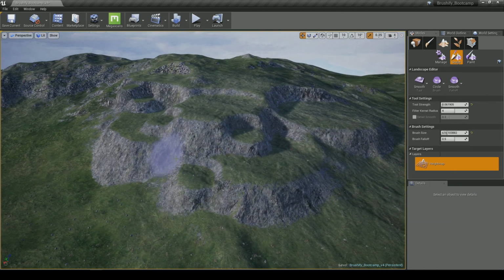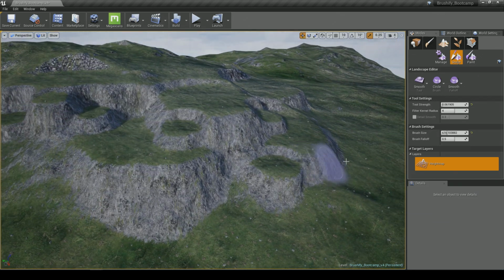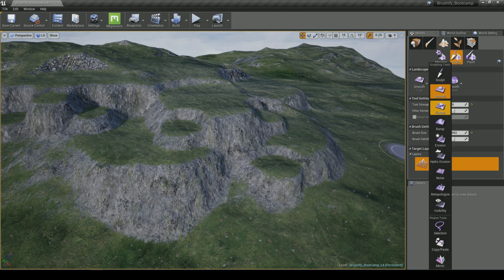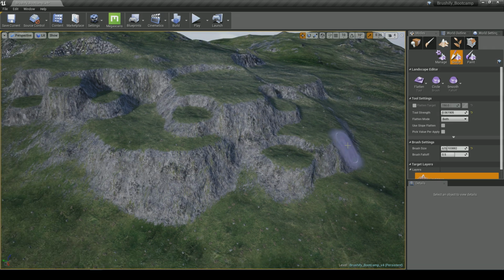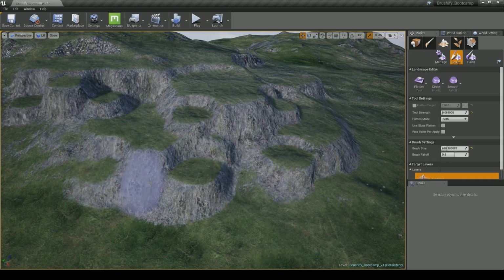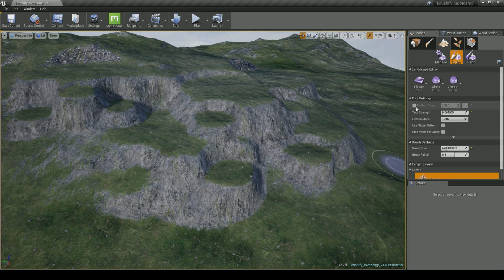So yeah, that's the Flatten tool. And of course you can take this to the next level. Just gonna go back to Flatten. You can take this to the next level. Instead of flattening to the point that you are selecting, you can actually pick a custom target. So here we're going to use the eyedropper, this little dropper right here, and we're going to pick a point of the terrain